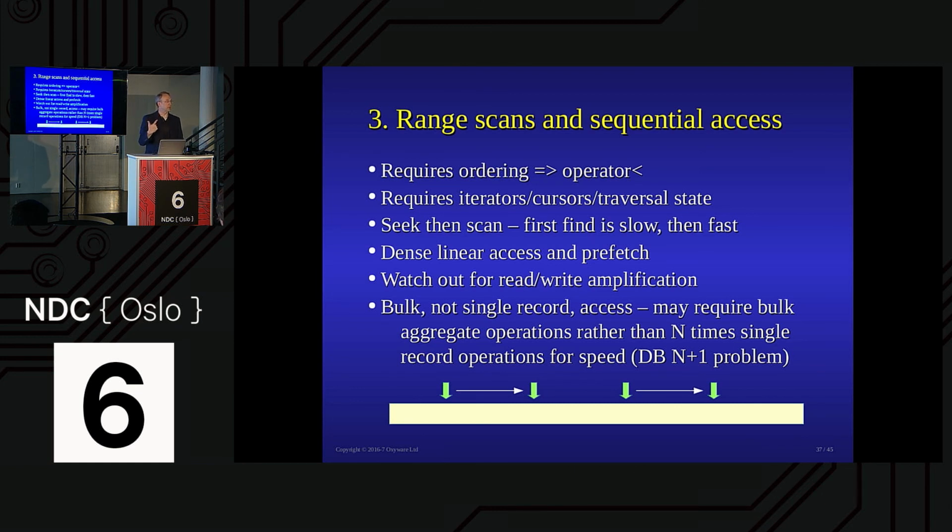Watch out for things like the N+1 database problem. If you're doing OO-based programming or using an ORM, it's very easy to say, oh, I want that one, I want this one, I want that one, I want this one. You go backwards and forwards to your database, and you can call 1,000 records. Each is maybe 3 milliseconds. That's 3 seconds to do those ones. Whereas actually one SQL bulk call might have done the whole thing in maybe 20, 30 milliseconds. So watch out for bulk and see when you want to use that, particularly in things like distributed systems.